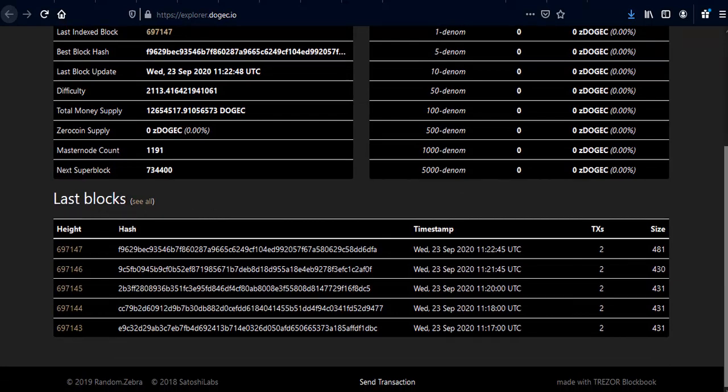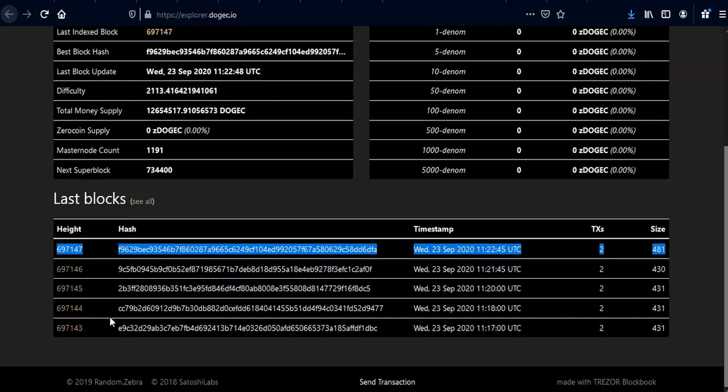As you can see, this is a block, and the details of this particular block: it has a height, the hash, the timestamp, the transaction, and also the size, right? So this is an example of a block in blockchain. This is another block, and like I said, each transaction is stored as